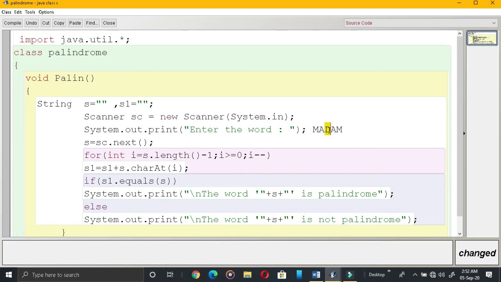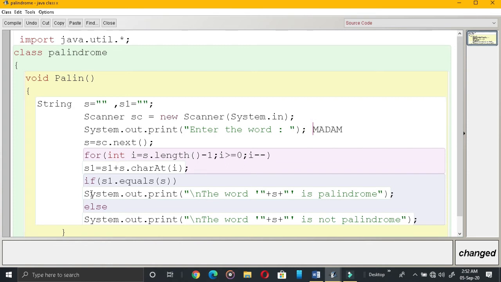Again D will be extracted and added to s1. Again A will be extracted and added to s1. Then M will be extracted, that also will be added to s1. So finally, in s1 what is there? M-A-D-A-M. It's over now.